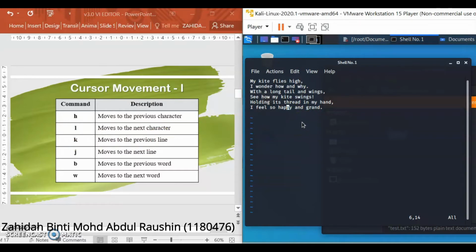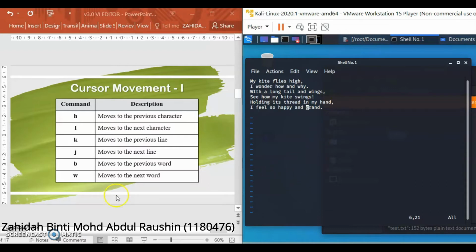It means it'll go forward. And we have K. It will move to the previous line, so we're currently at the last line. So if we press K, we'll be at the line before it, and the previous line and the previous line. If we press J, it will take us to the next line, so we'll go downward, J, okay,